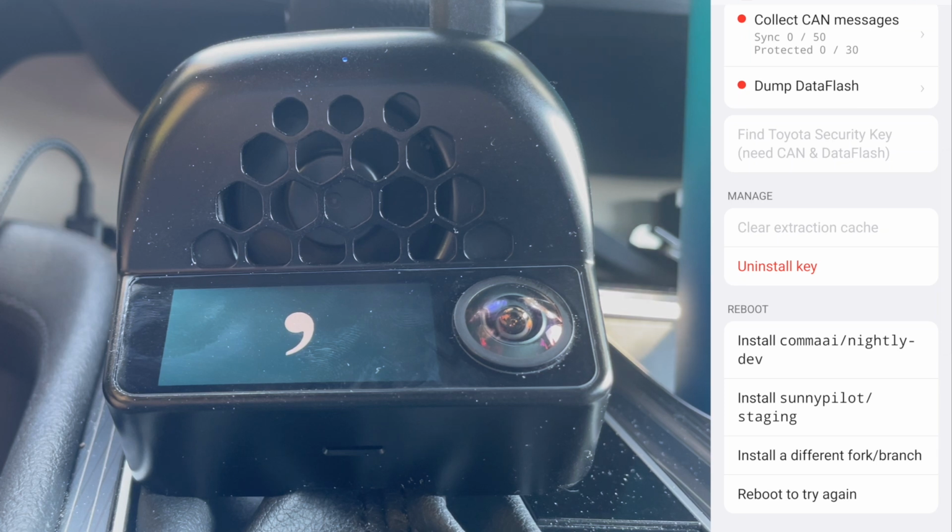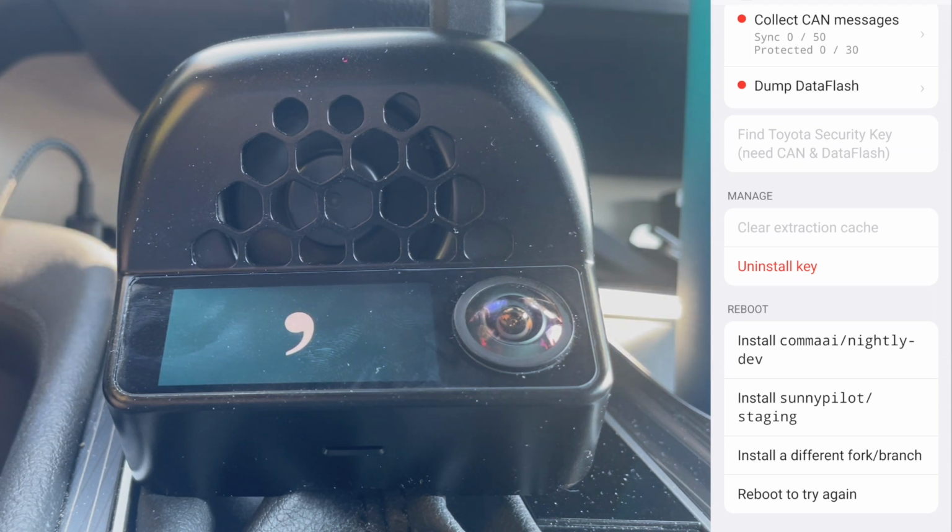Now here's the problem. Comma AI Nightly Dev has a smaller set of cars that it recognizes. If you have a 21, 22, 23 Sienna or RAV4 Prime or Yaris, Comma AI Nightly Dev is going to work out of the box. But if you have a newer version that we just started cracking, like 2024 or 2025 Sienna, the fingerprints for those cars may not be in Comma AI Nightly Dev. This means that when you install OpenPilot, instead of asking you to calibrate, it'll say car unrecognized and go into a dashcam mode. On the other hand, SunnyPilot lets you just pick a car even if it doesn't auto-detect.